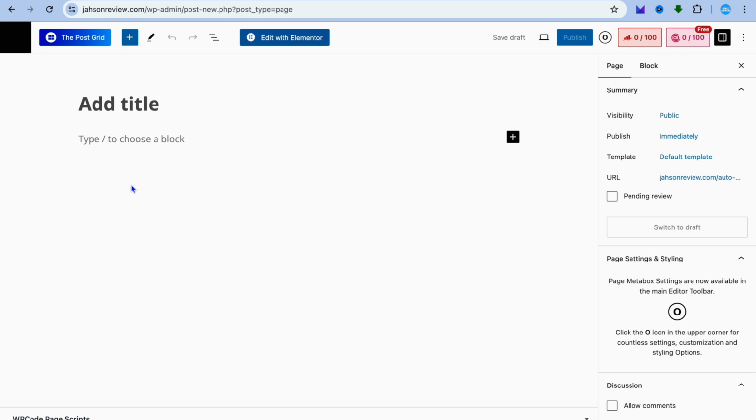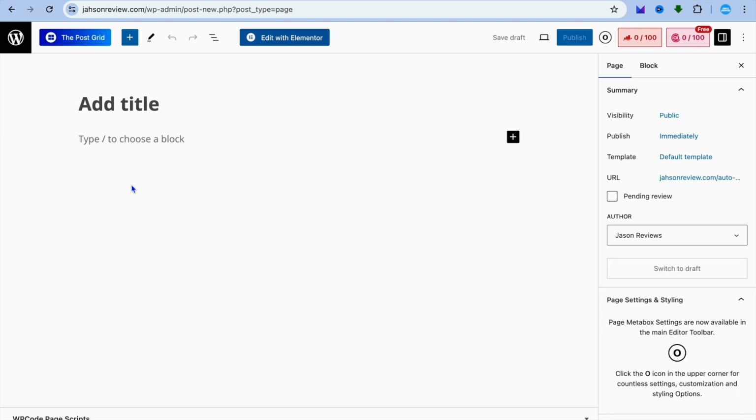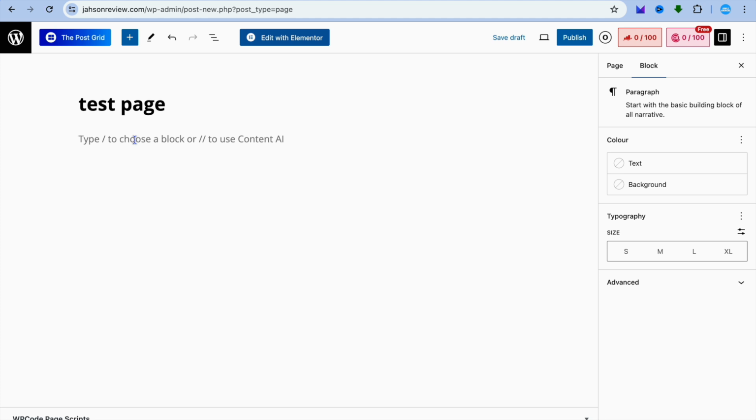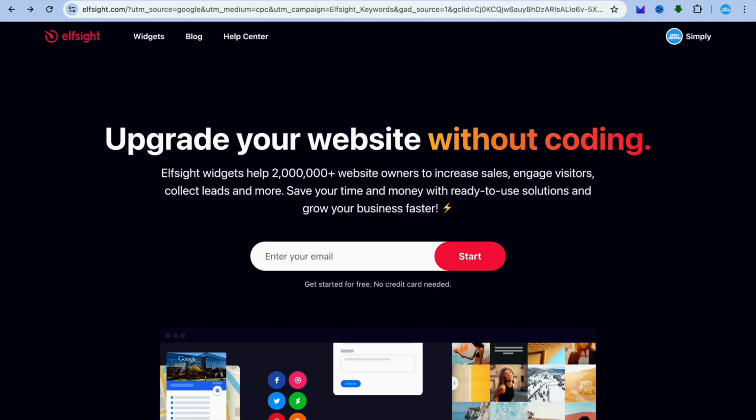After you have done that, you'll be redirected to a new page. On this page, you can add the title for your page. So for example, I'll just call it test page. After you have done that, what I want you to do next is open a new tab, and from there, you're going to type in